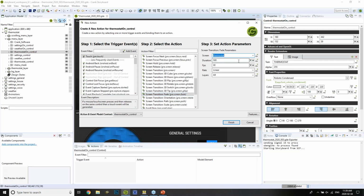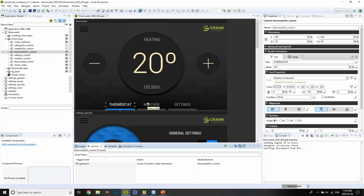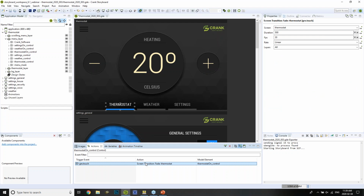You can also choose parameters, being duration, frame rate, easing, if you want it to be linear, ease in, ease out, stuff like that. Hit finish. And I'm going to go ahead and do the same thing for the weather and settings buttons as well. You could select it, right-clicking on it, or you could actually take this, right-click, copy it, and paste it